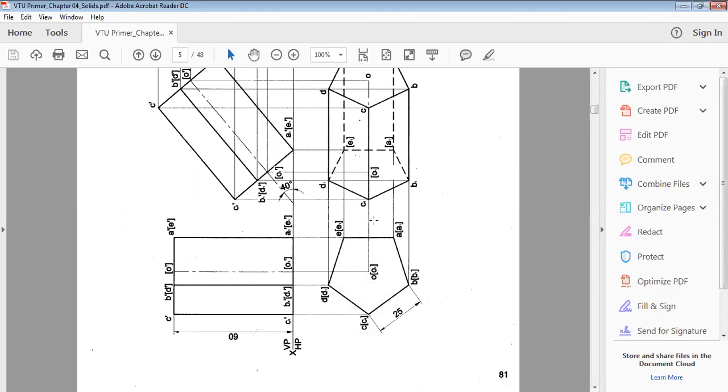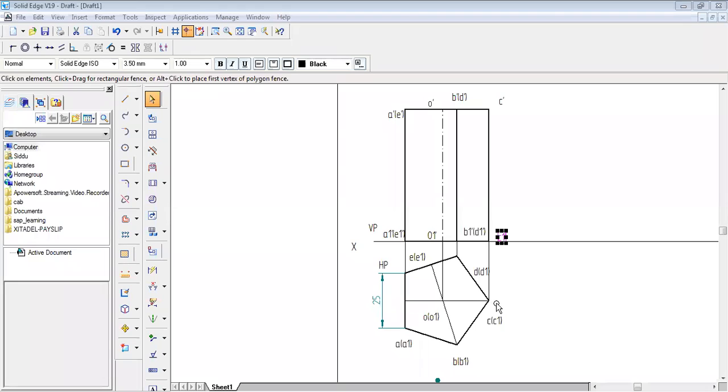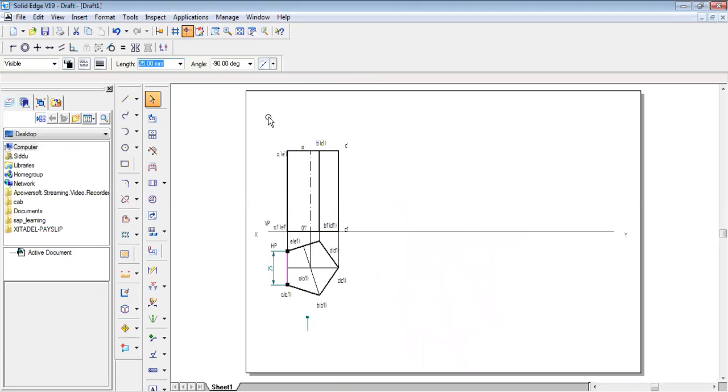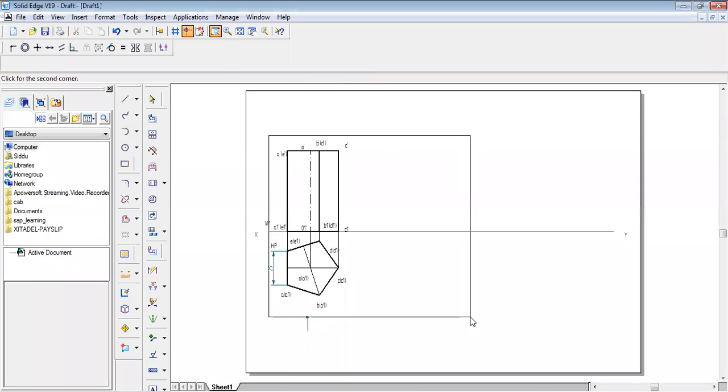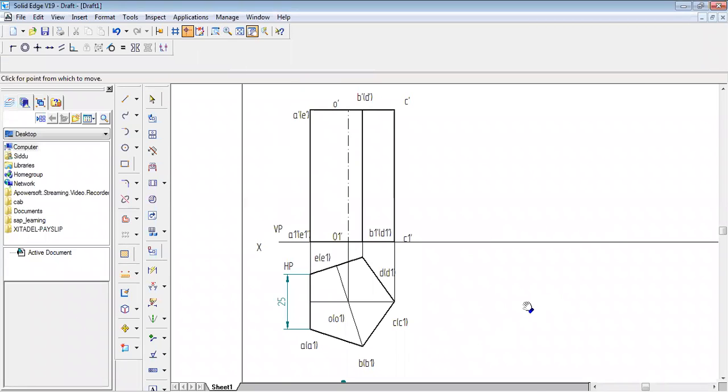Even if you do it this side, AE should make inclination. That is going to be the concern here. So now here, since this is my AE, this is the base edge. This base edge is making inclination with respect to HP and VP. Hope it is clear. So now in the second position, I will ensure that this AE is making inclination.